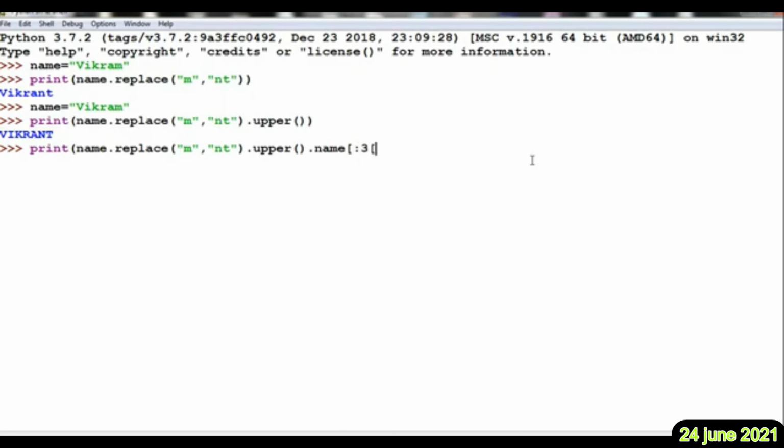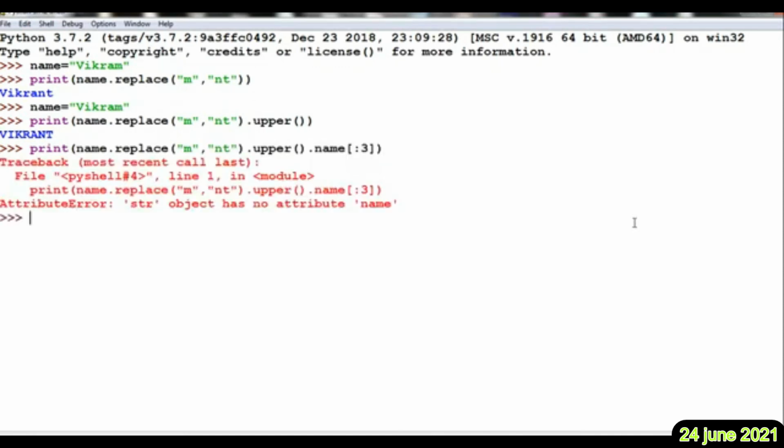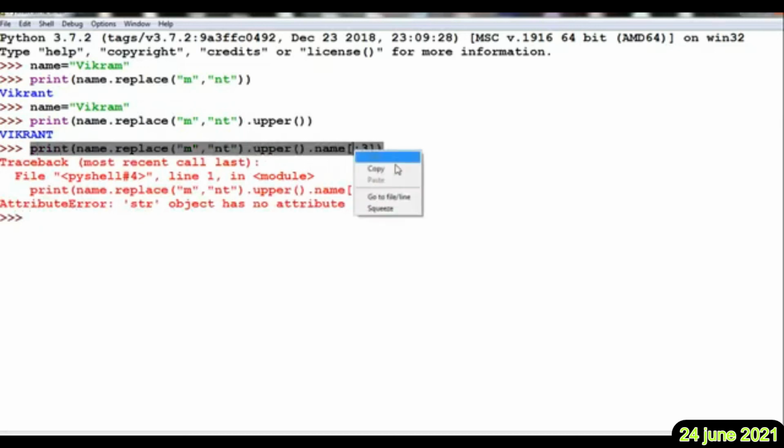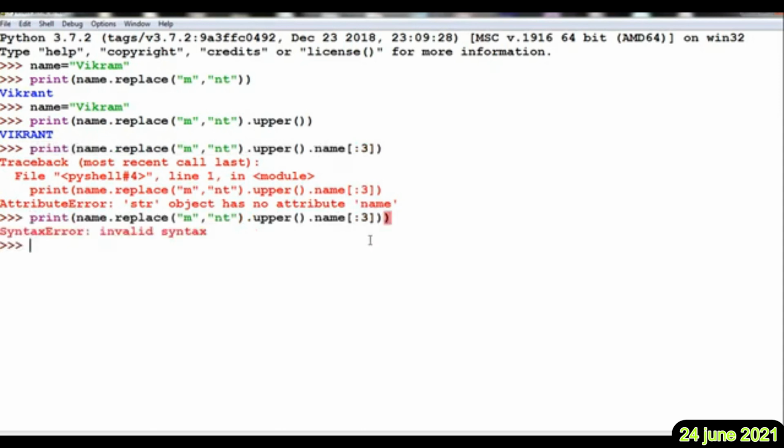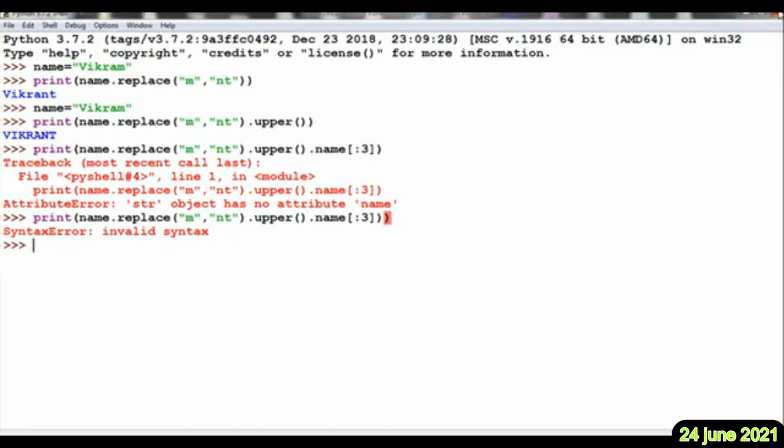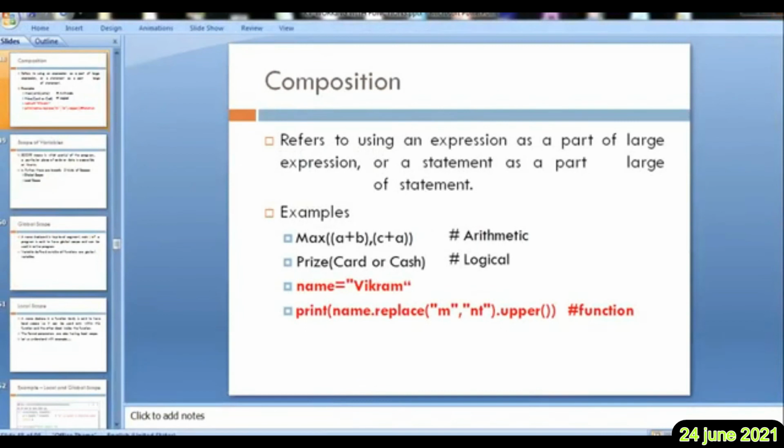Now what will it display? Let us check. Some error. What was the error here? Invalid syntax, means it is not doing slicing here, or I think there is a mistake with dot upper. Okay, leave it. Hope you understood how a complex expression can be made, right?